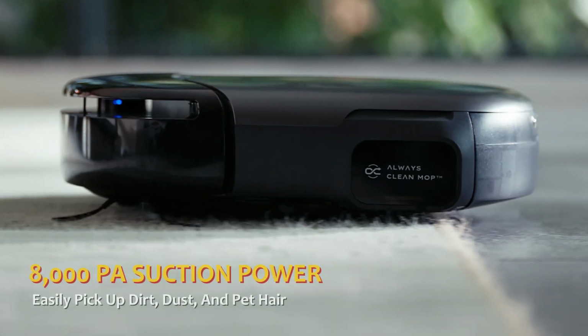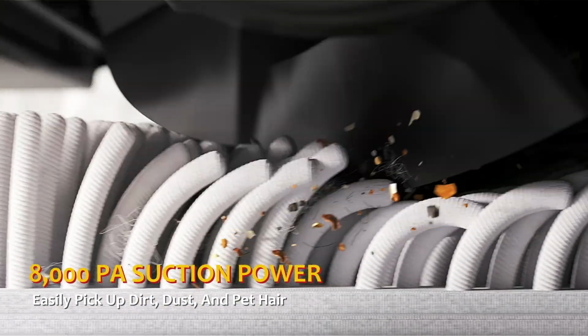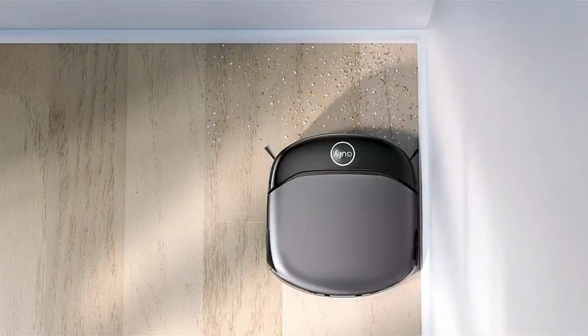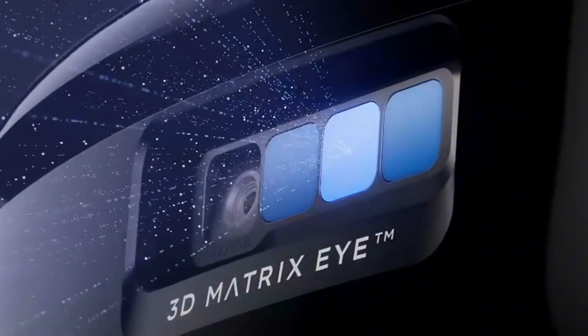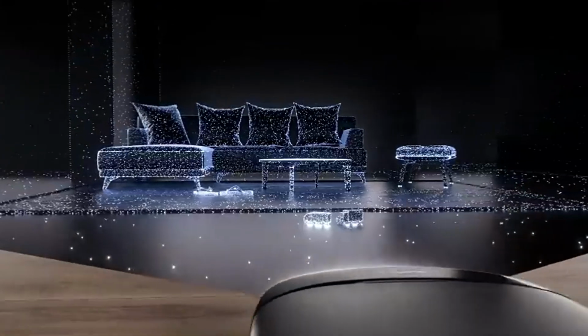With an impressive 8,000 Pascal suction power, the Omni S1 Pro can easily pick up dirt, dust, and pet hair on all types of floors, from hardwood to carpets. Its square shape helps it reach corners and edges that round vacuums often miss. Additionally, the 3D Matrix Eye obstacle avoidance feature allows it to avoid bumping into furniture and other obstacles while it